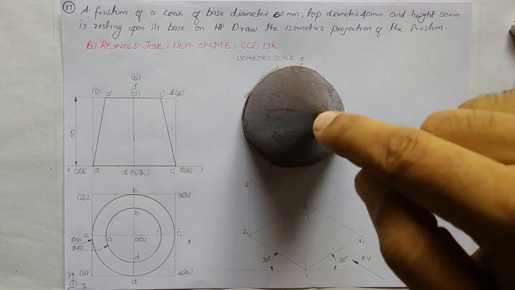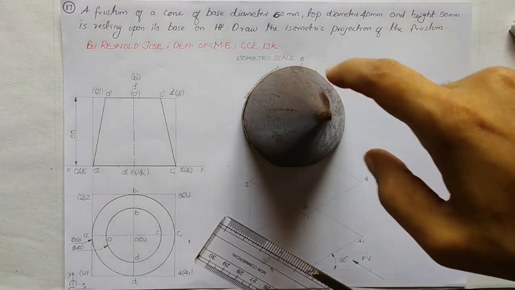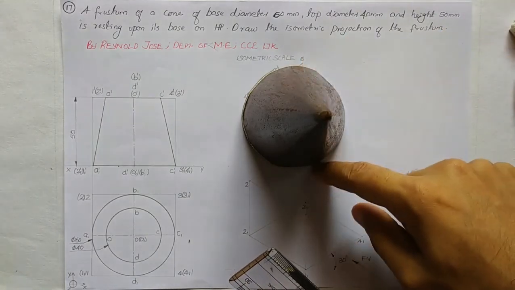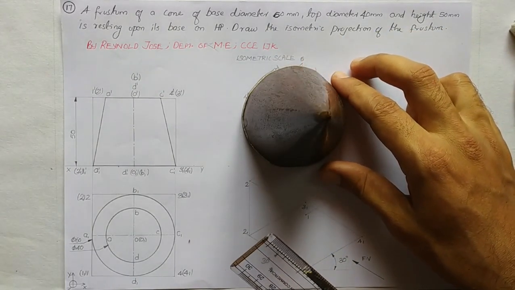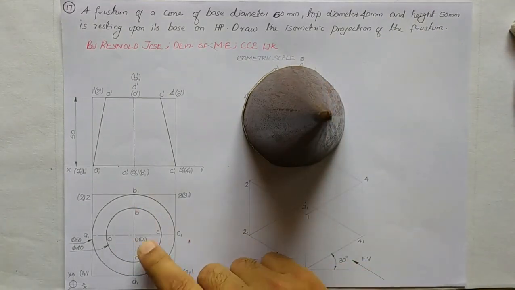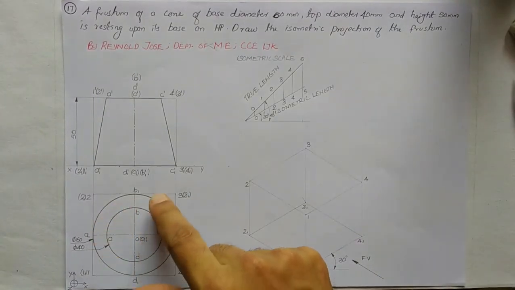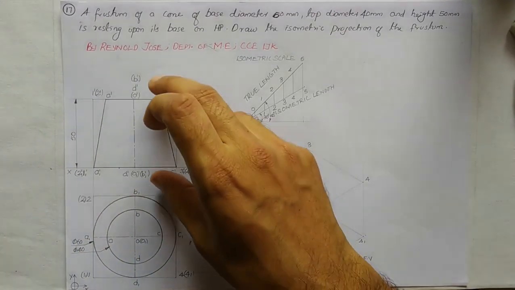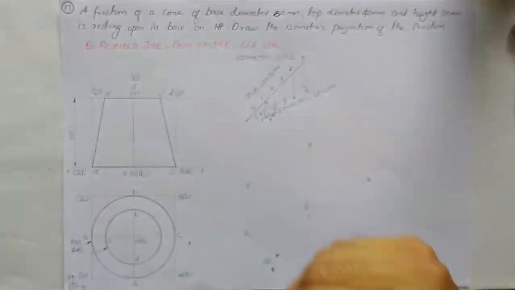So when you are observing it from the top, you cannot see the apex. You can see a small circle, and below at the base you can see a big circle. This remaining portion of the solid is known as the frustum of a cone. I have drawn the top view of the frustum of a cone. The top view is two circles, one small circle and another big circle. And in the front view, the apex region is removed.